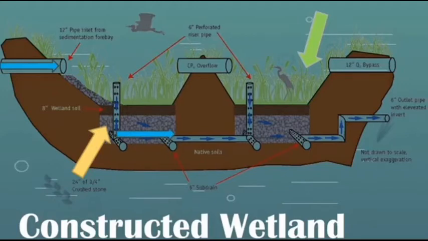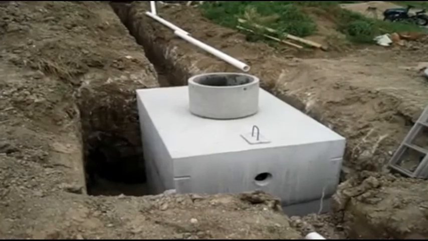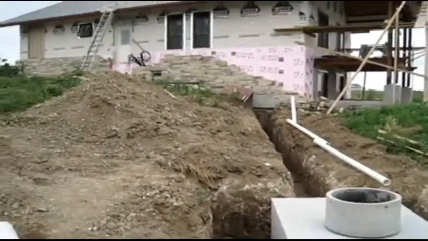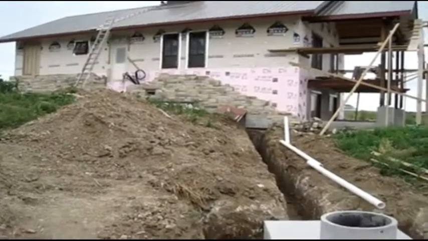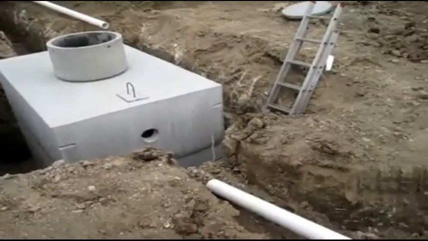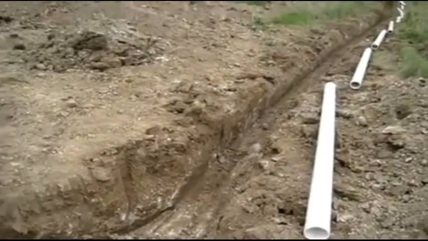How does the constructed wetland system work? Wastewater from the house flows to the septic tank. As usual, it retains solid waste and fats, then it conveys wastewater down to the wetland cell. The wastewater then passes through the media and is treated by microbes, plants, and other media that remove pathogens and